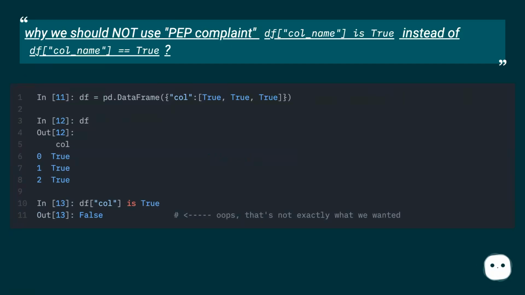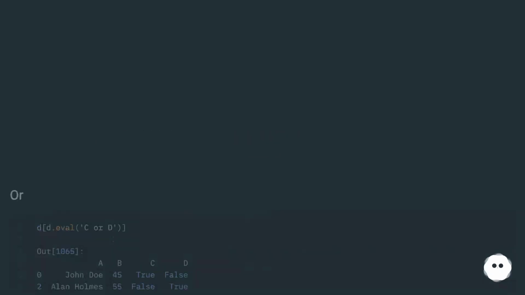Why we should not use PEP-compliant df['name'] is True instead of df['name'] == True. Or